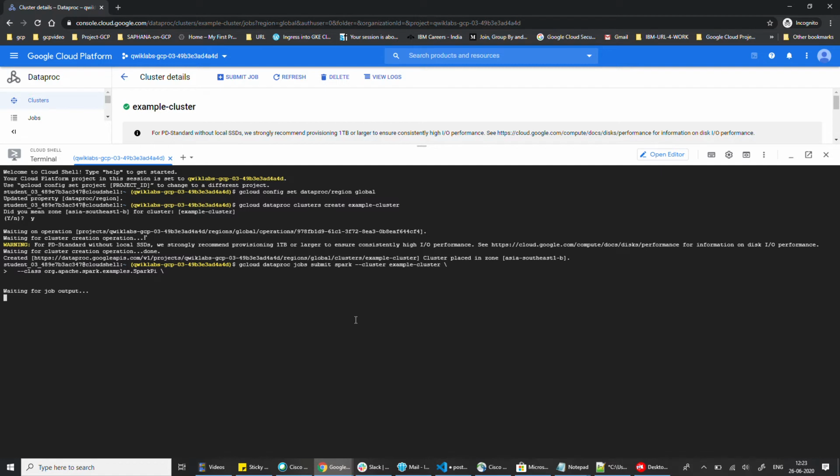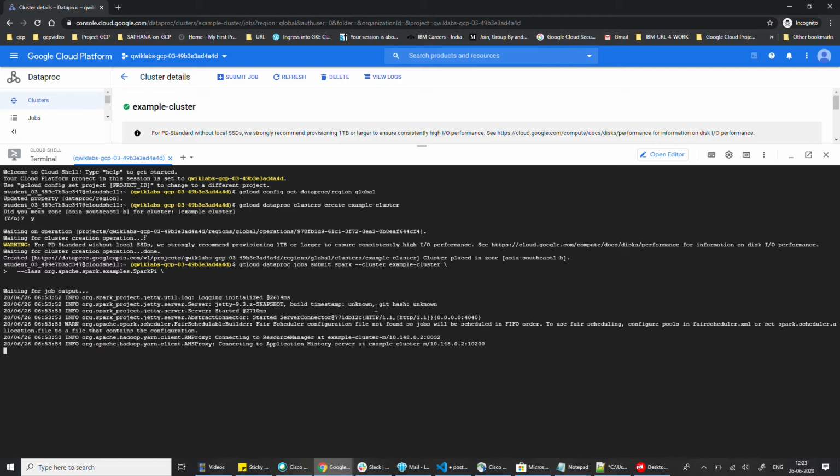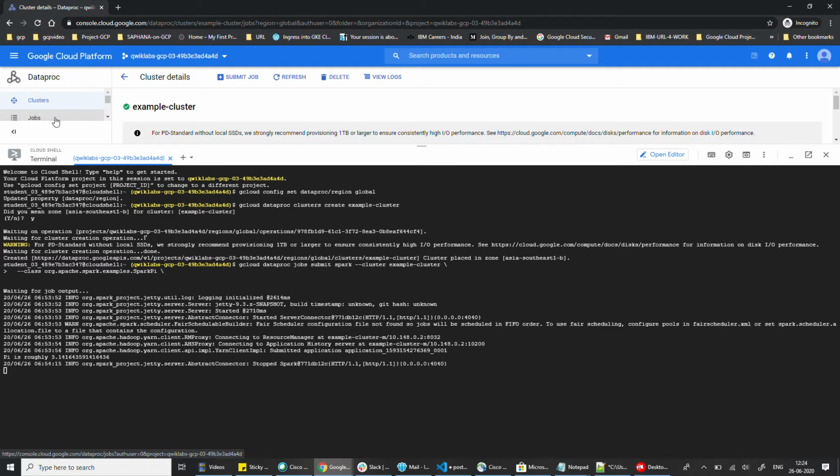This is the gcloud command to submit the job in Dataproc. You can see the job submission has already started. Let me check whether it has been submitted or not.